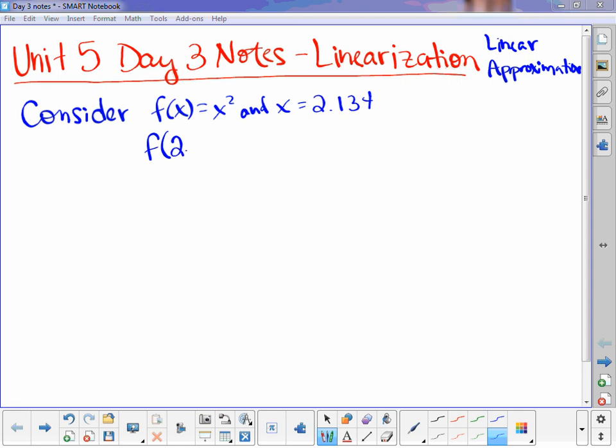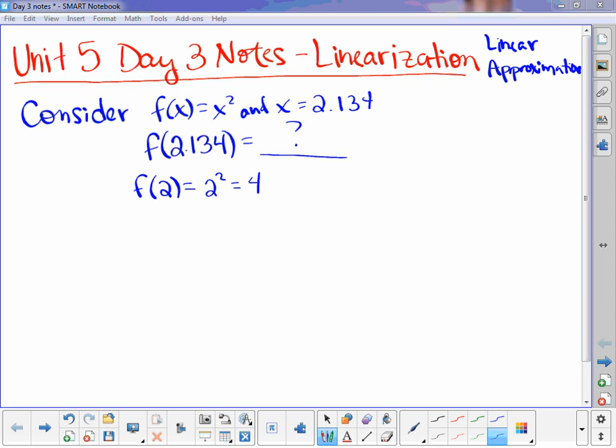So if I were to try to find the function value, or the y value at this point, again, I can do it by hand, but it might not always be very easy to do by hand. So we're going to consider the tangent line to help us get an approximate idea for this. So what does this equal? Okay. So we're going to basically, again, create a tangent line with the point that we do know pretty well, that's close to it, to give us a good idea. So I don't easily know what this value is squared, but what's a number that's pretty close to it that we do know? 2. So I do know f of 2,